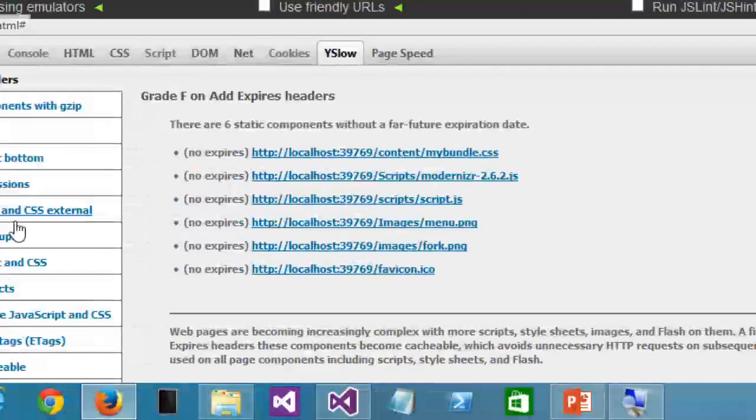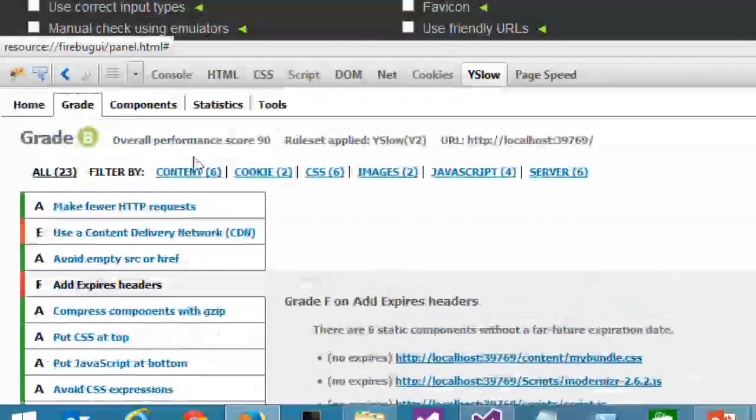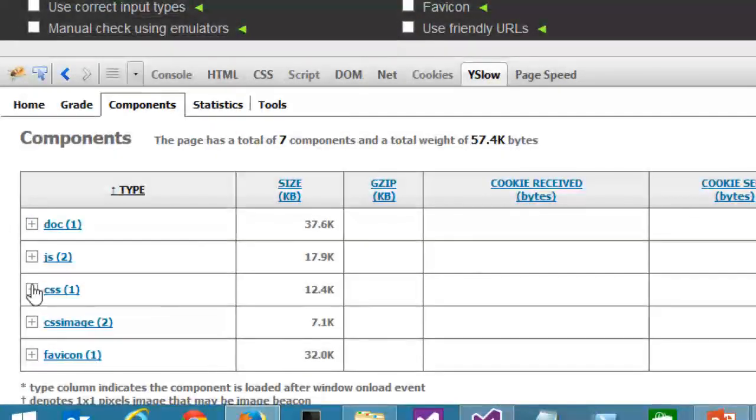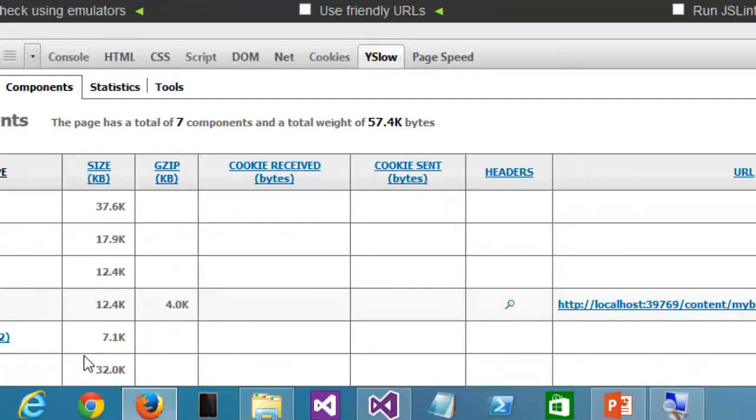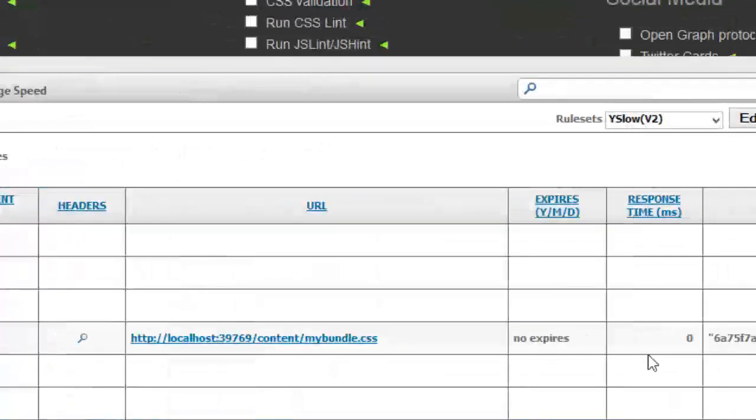So if we just take a look real quick on our CSS here, for instance, we can see that we do in fact not have an expiration on this. So an expiration, that's an HTTP header we can set that instructs the browser on how to cache and for how long it should cache, in this case, my CSS document. Okay? There are some problems here. Let's get to the problems a little later. The cool thing about this is